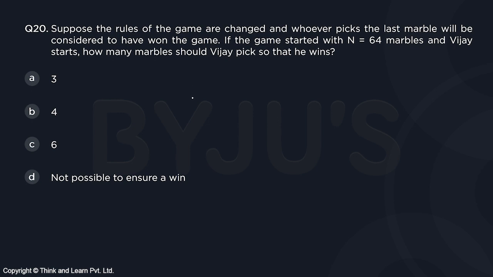Question number 20. Suppose the rules of the game are changed and whoever picks the last marble will be considered to have won the game. If the game started with n is equal to 64 marbles and Vijay starts, how many marbles should Vijay pick so that he wins? Well, if n is equal to 64, which can be written as 3 plus 9, 12 into 5 plus 4, he has to make sure that the leftover marbles is not of the form